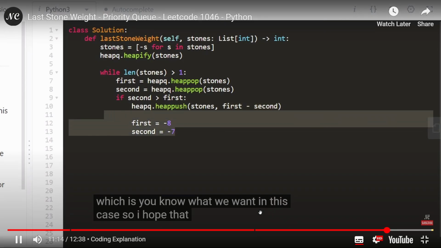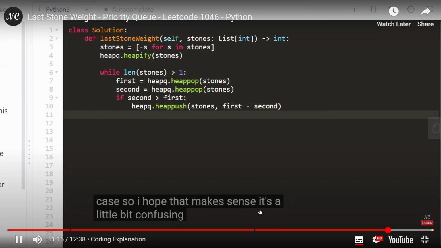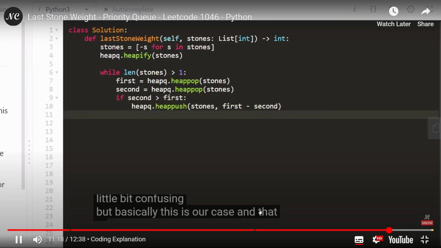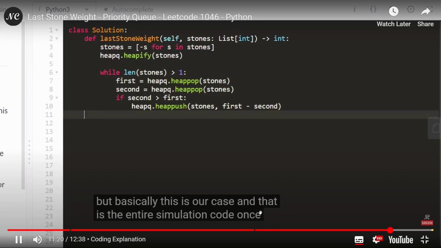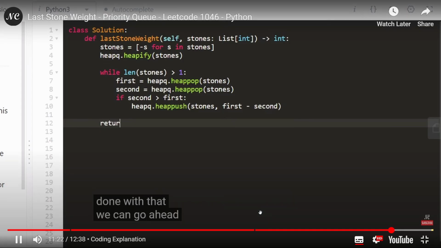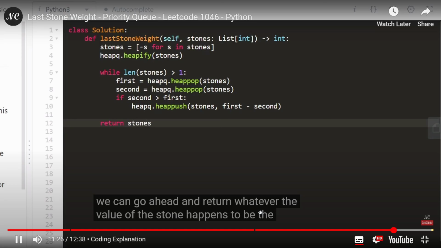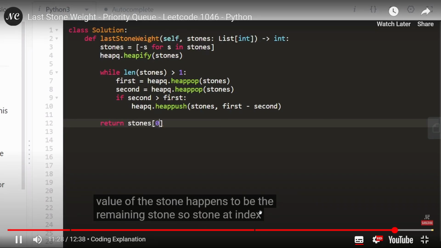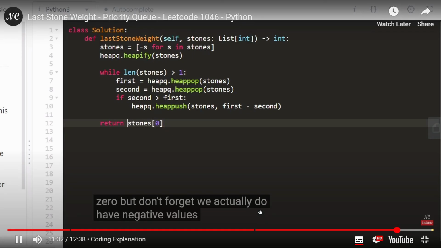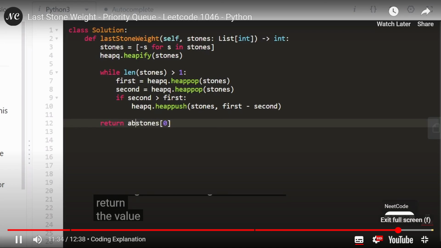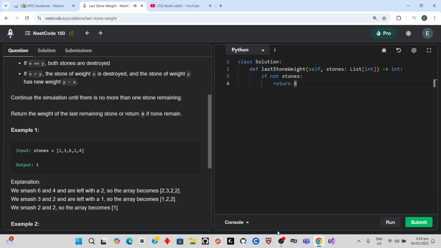So I hope that makes sense. It's a little bit confusing, but basically this is our case, and that is the entire simulation code. Once we're done with that, we can return the value of the remaining stone, so stone at index 0. But don't forget, we actually do have negative values, right? So when we return the value of that stone, we want to